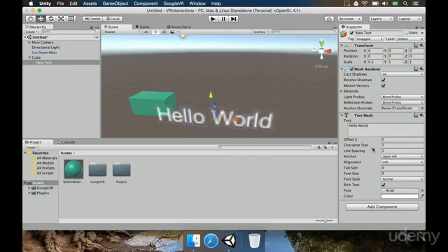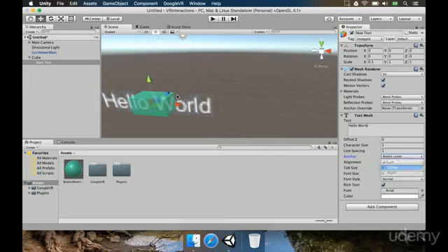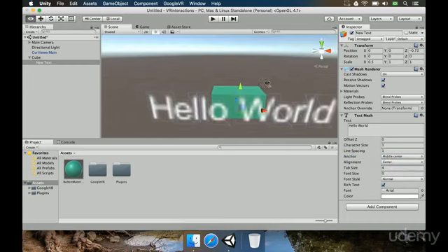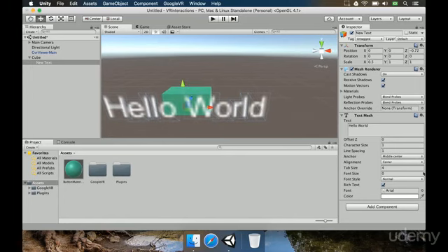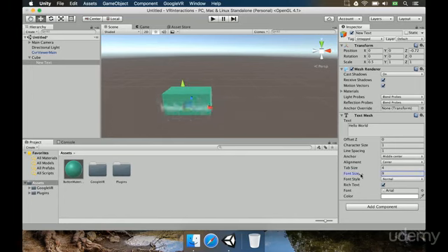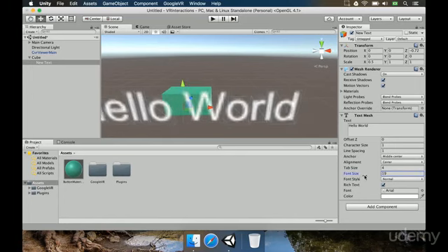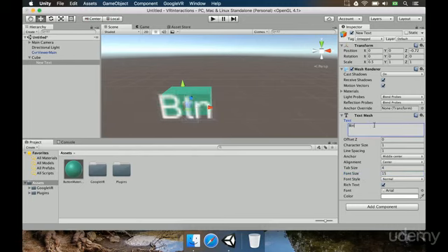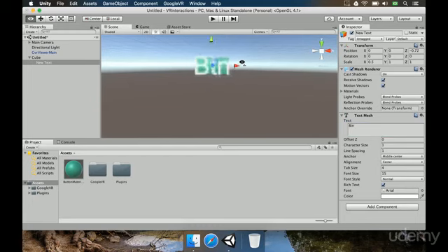Okay, and now let's change the anchor to middle center, alignment to center. Let's change its Z position to be a bit in front of the cube like this. Okay, and we can change the font size to something like 16, for example, and let's name this BTN. Okay, so just button. Okay, and now you might notice that it's a bit pixelated here, so one trick that